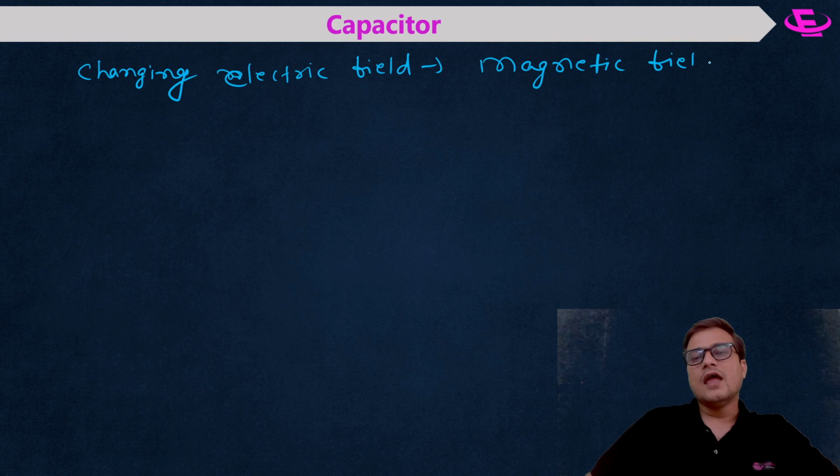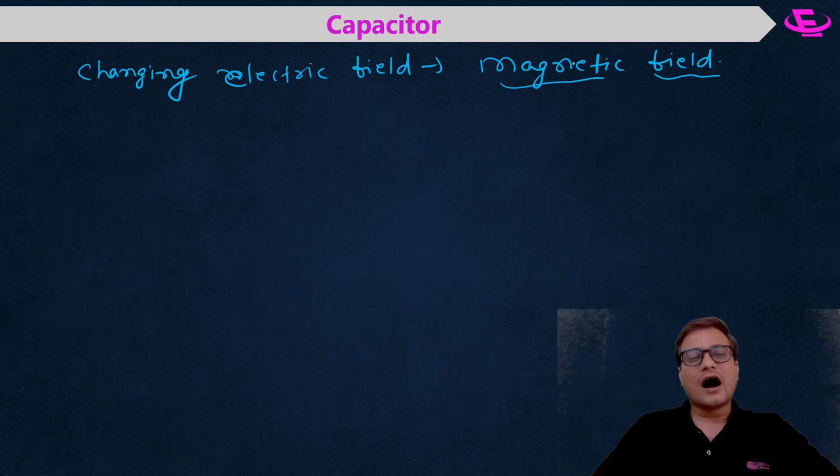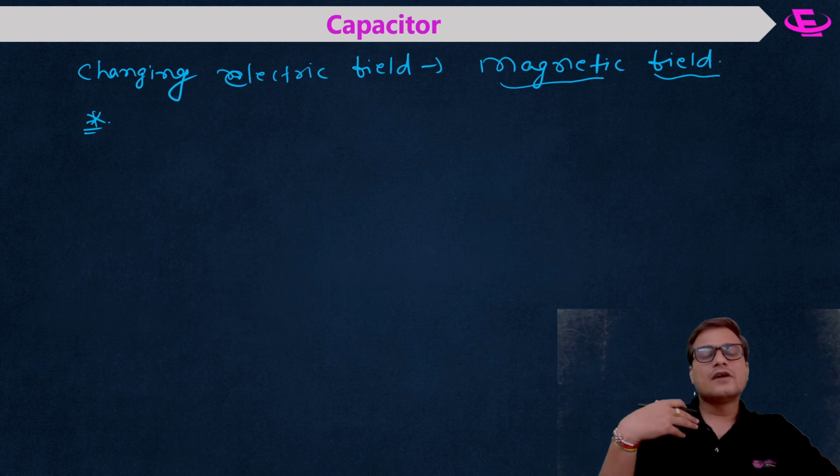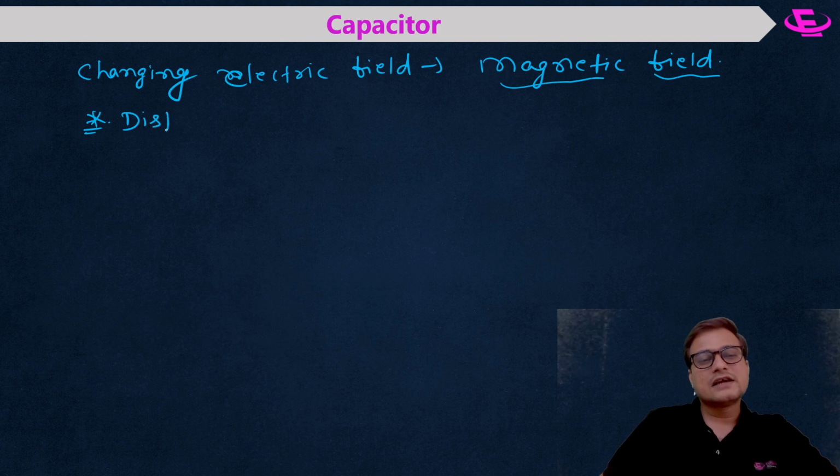Again people asked him, right now if you have proved that there is a magnetic field, now you have to prove how current is there, how there is existence of current. So what did he tell for the existence of current? He told that there must be a current. So what did he do? He gave a new definition of current, a new type of current. He told that there is a displacement current. He gave the concept of displacement current.